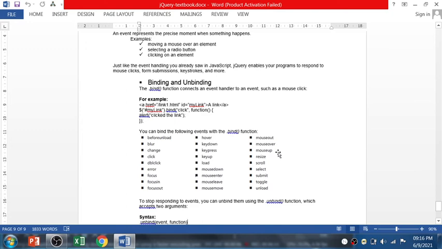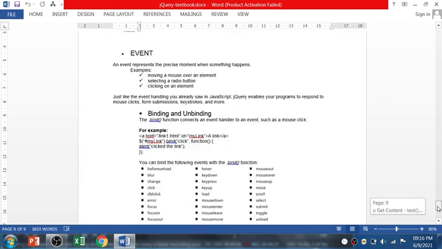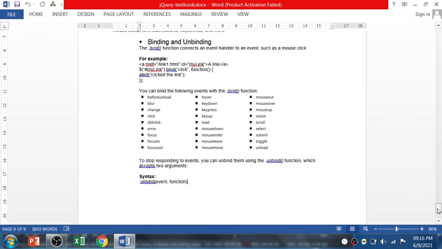Then resize, scroll. If you scroll up the page, see here, if you scroll up, it generates a message. Same way you can also insert some alert box. If the scroll event occurs, it will generate the alert box. Then select event, submit event, toggle, and unload event.